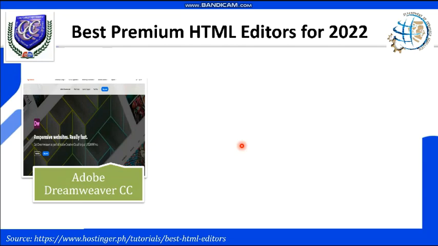The first one is the Adobe Dreamweaver CC. It's actually an IDE application that supports both back-end and front-end development. In addition, the software provides web design and web development toolkits to make website creation easier. In fact, there are like buttons, forms that you just have to drag and drop, and then nagki-create na siya ng sariling HTML code or corresponding code into the